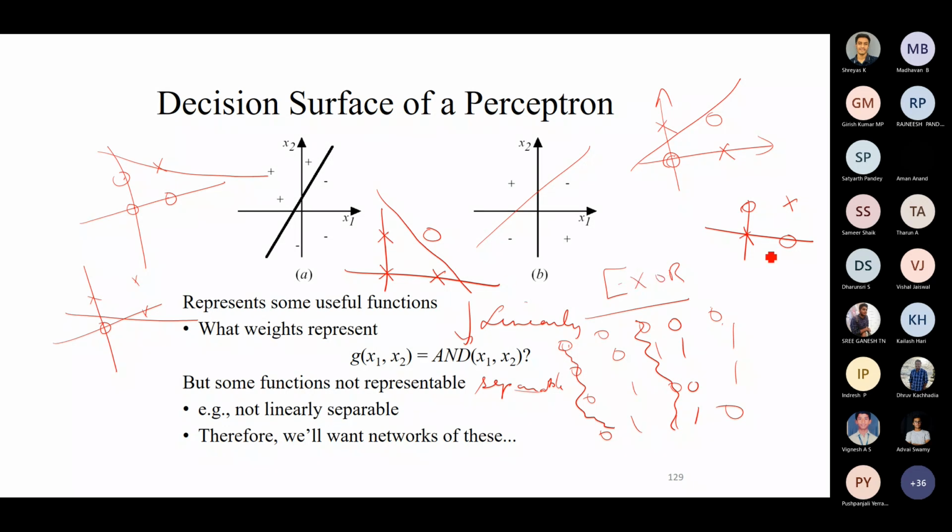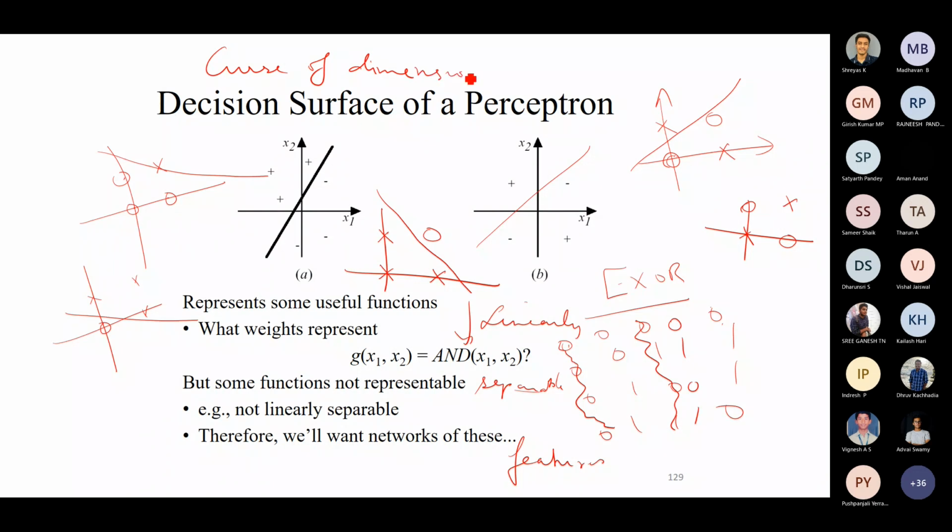So whereas XOR is not linearly separable, where will you draw the line? Like this or like this? If you draw like this, you'll have an outlier here. If you draw like this, you'll have an outlier here, and so on and so forth. Therefore, it is not linearly separable. One way to get rid of non-linear separability is to increase the number of features. If you go in for 3 inputs, it will be linearly separable. Okay, but as you keep on increasing the features, you are getting into trouble called as curse of dimensionality.